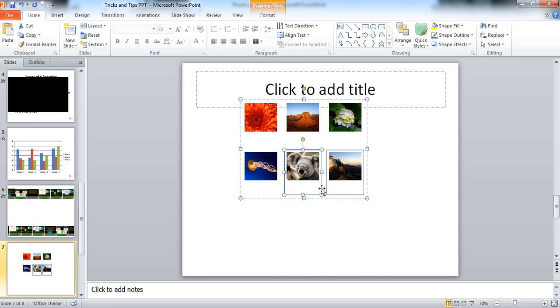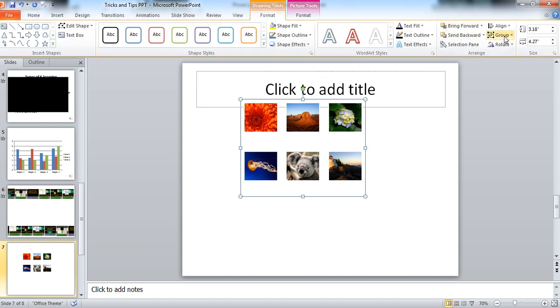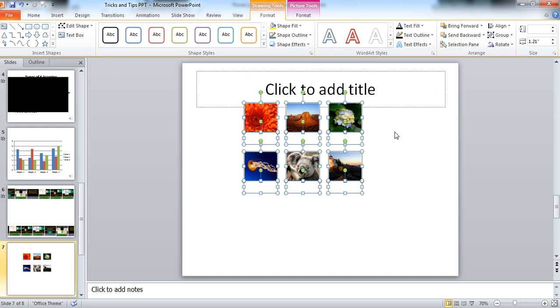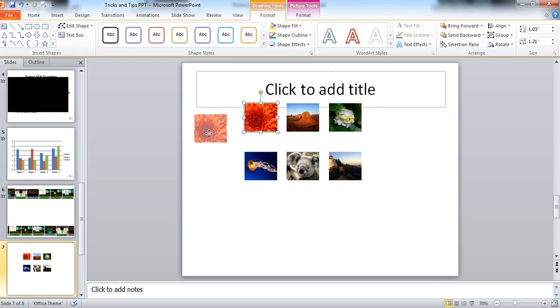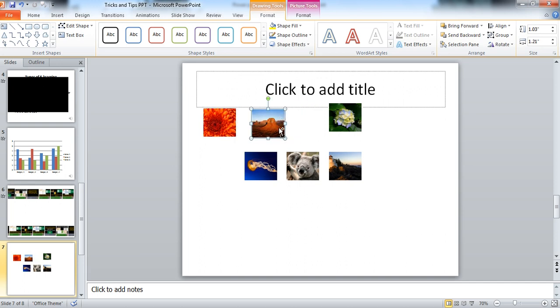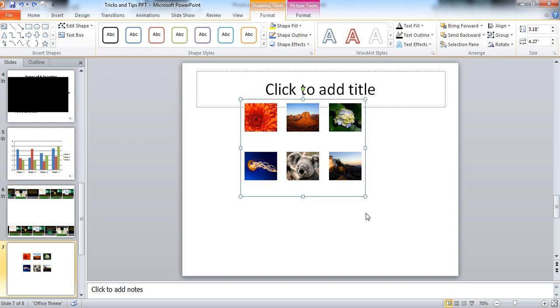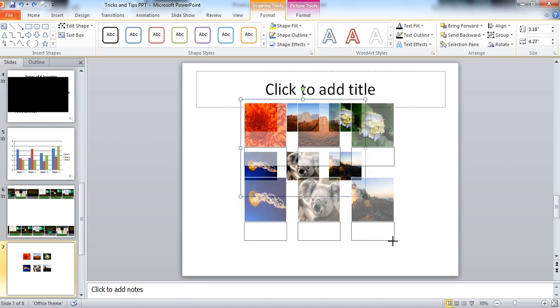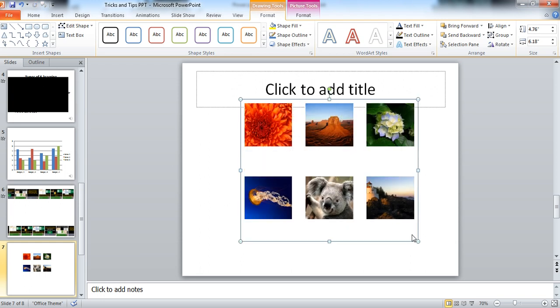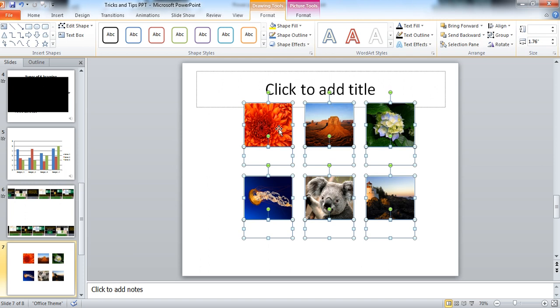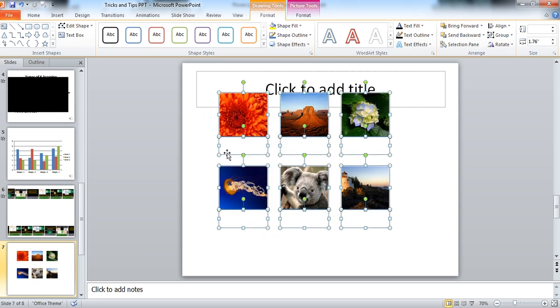I'm using this picture layout because by using this you can see, select once again and click on this ungroup option. So these are now single pictures. You can use this picture. I'm undoing this. You can increase the size as per your requirement first and then click on ungroup. Click on group and then ungroup, because I want this picture, you can select this.